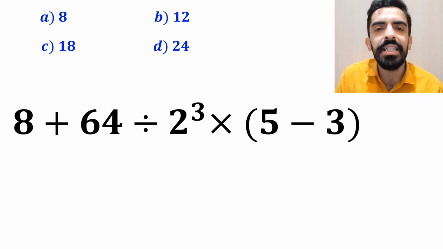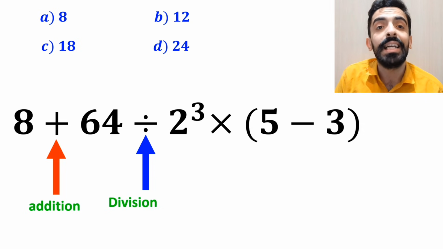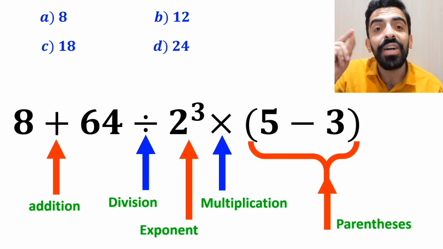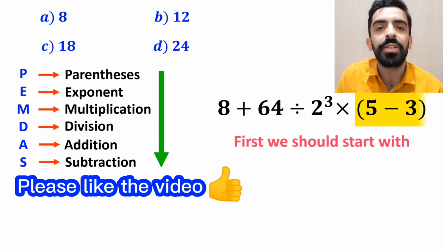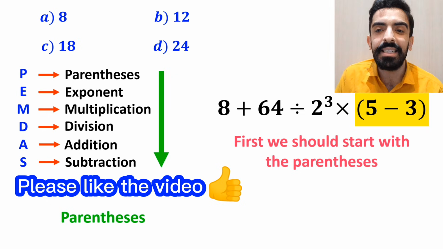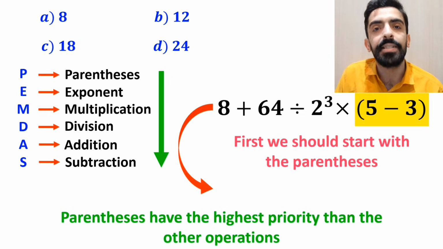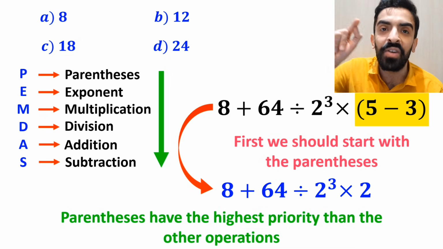Alright, as you can see in the image, in this expression, first we have an addition sign, then a division sign, and after that we have an exponent, then a multiplication, and finally parentheses. According to the PEMDAS rule, first we should start with the parentheses because parentheses have the highest priority over the other operations. So, we can write this expression as 8 plus 64 divided by 2 to the power of 3